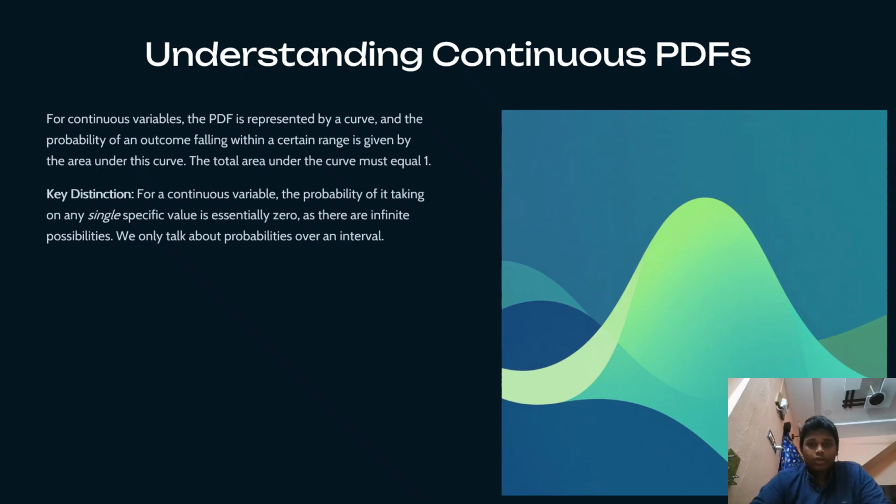For understanding the continuous PDF: for continuous variables, a PDF is drawn as a curve, and the probability of an outcome falling within a certain range is given by the area under this curve. The total area under the curve is equal to 1. For a continuous variable, the probability of it taking on any single specific value is essentially 0, as there are infinite possibilities. You only take probabilities for an interval. The graph of a continuous random variable is given as